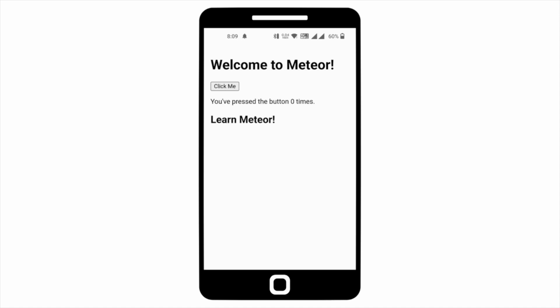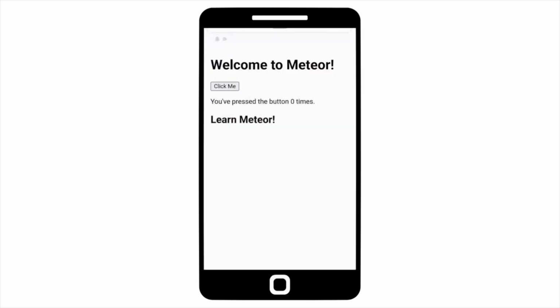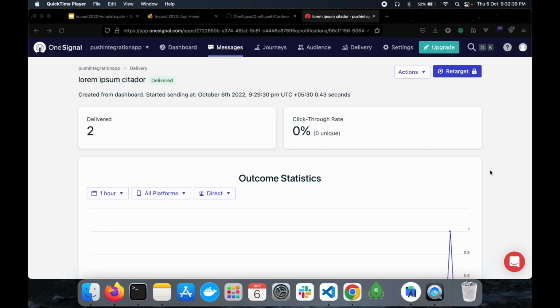I'll open that, and you see testing push notification comes. Now if I click on it, it goes inside the application. So now we know how to send a push notification from here, and that it can be received in our app